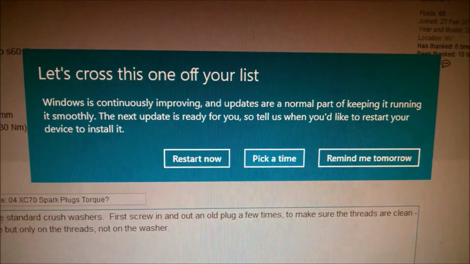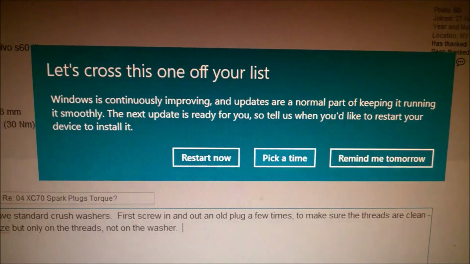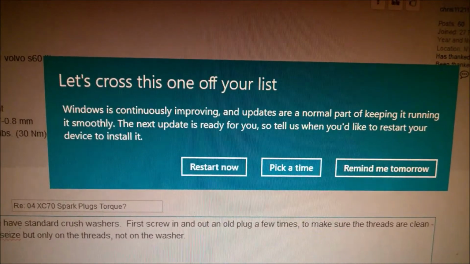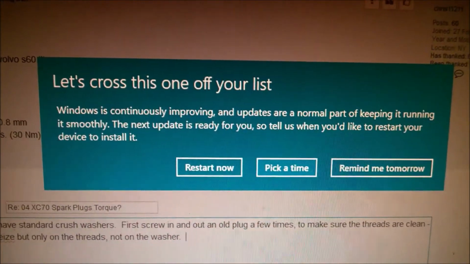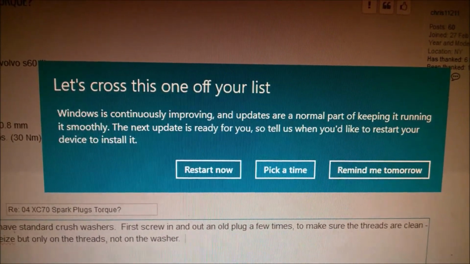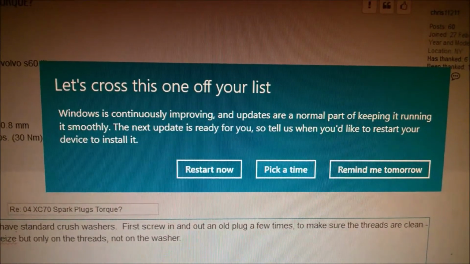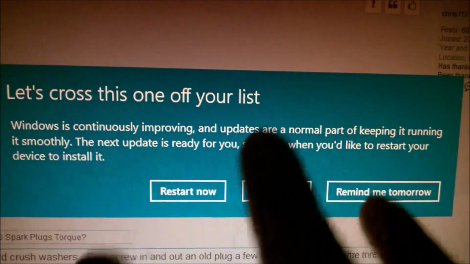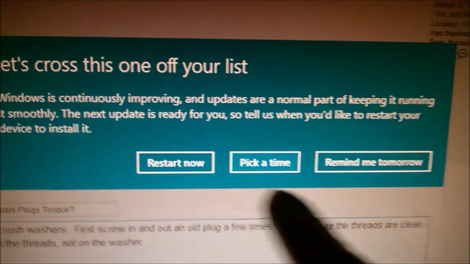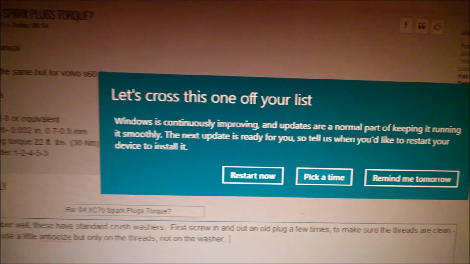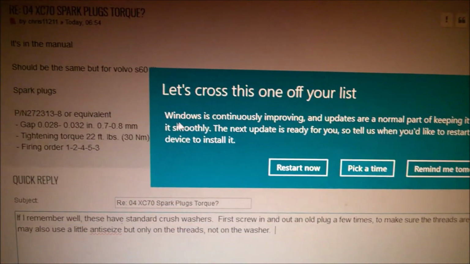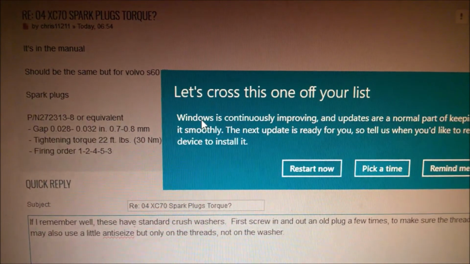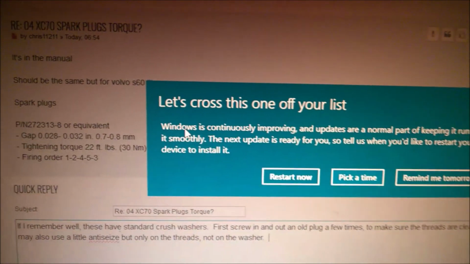Actually, I just put the computer to sleep when I'm not using it, and it never did that update, or at least I'm not aware it did. And I never shut down the computer. Also, I was lucky I never got a power outage or something like that. And at some point it will start showing you this other message, just about restarting, pick a time, remind me tomorrow. And when you get this, the first times, I got it 2-3 times, I could press Escape on my keyboard and continue my work, and it would disappear.